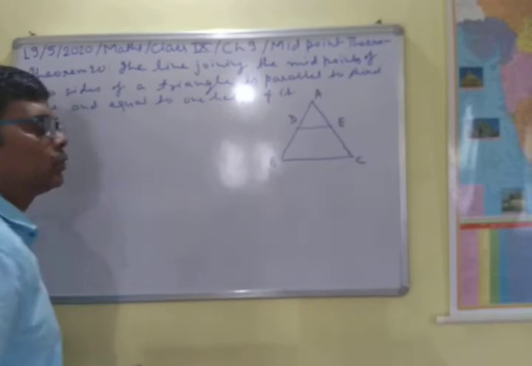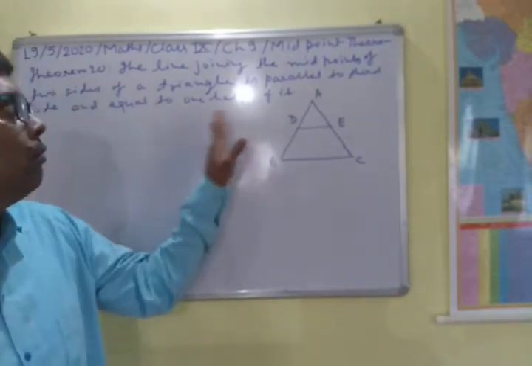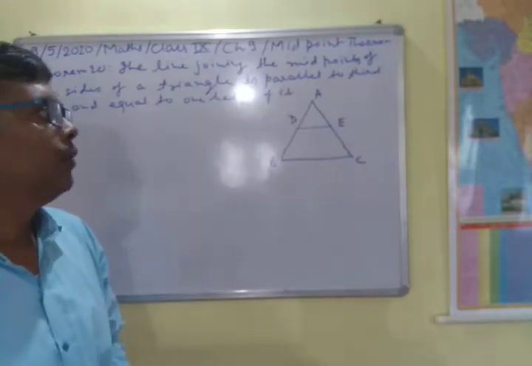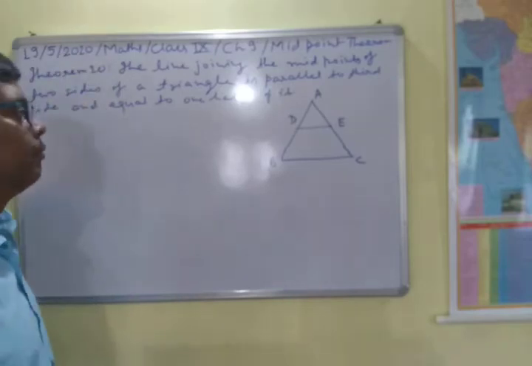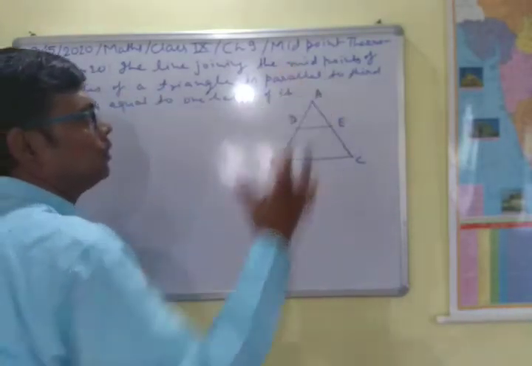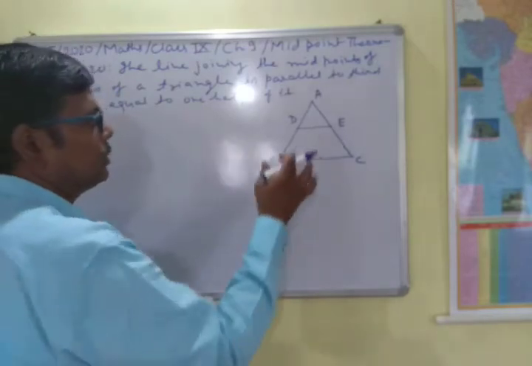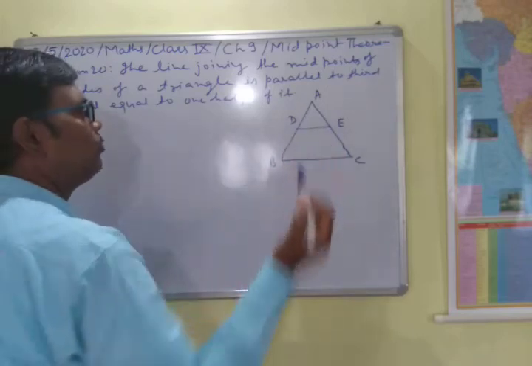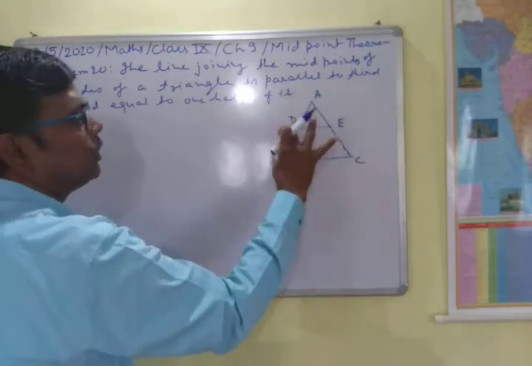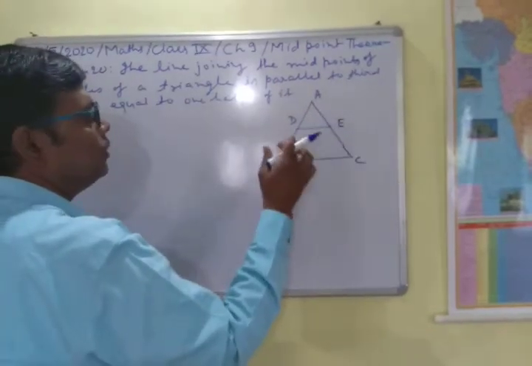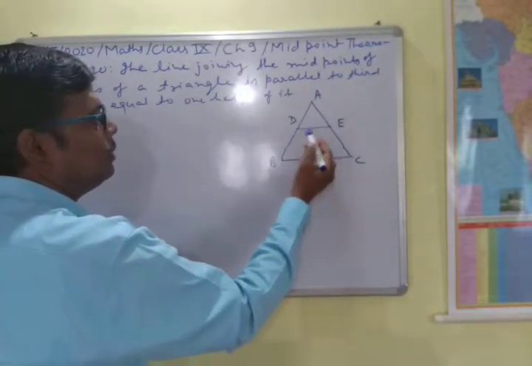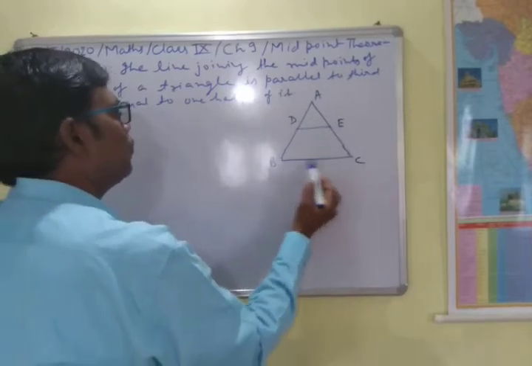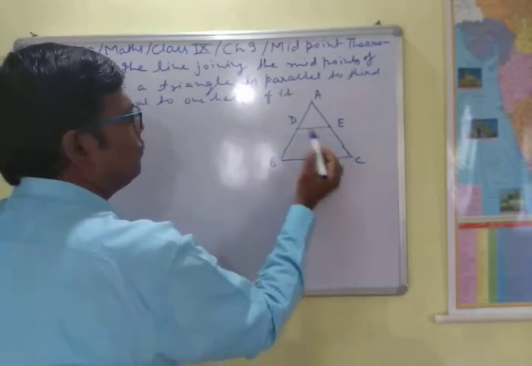Okay, so this is the theorem, and you must remember this theorem because in this chapter, in this exercise, you will use this theorem, and it will be used also in many other theorems. So you must remember the statement and how to prove it, because this is the most important theorem in this exercise. So again I will repeat that in a triangle ABC, suppose D and E are the midpoints. Midpoints means that AD and BD are equal and AE and EC are equal. And if it is given, then we will say that DE is parallel to BC, and the length of DE will be equal to half of BC. Means that if BC is 10 cm, then DE will be 5 cm.